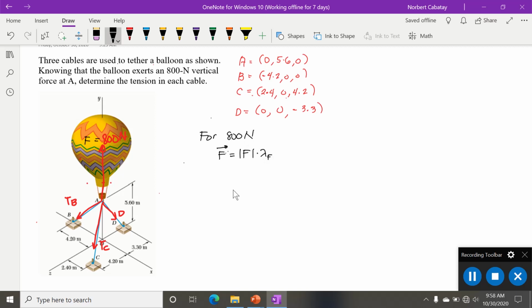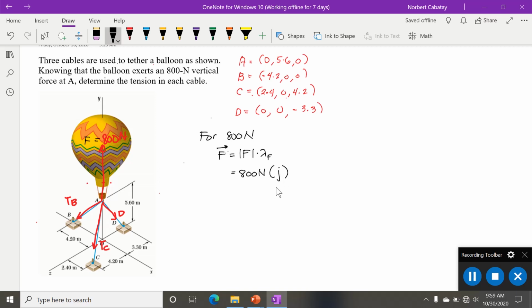Lambda ni F. Tama po ba? Kaso, ano yung kanyang direction? Kasi along y-axis lang siya. Tama po ba? So, ibig sabihin, if the magnitude is 800 newtons, ang kanyang direction is along positive